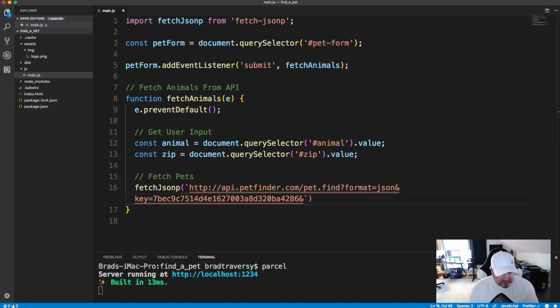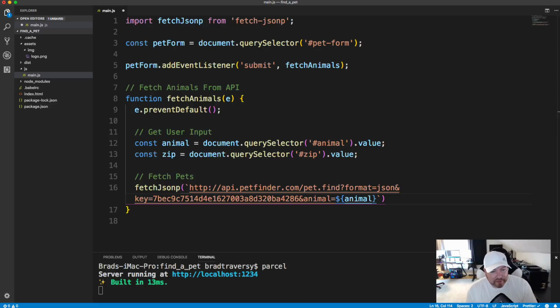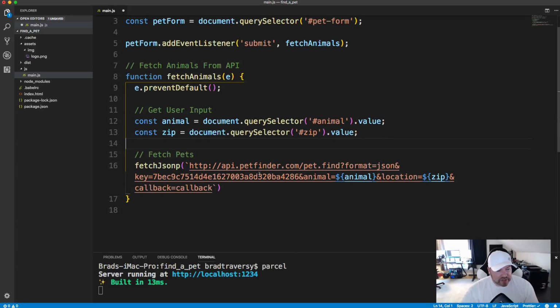So let's do ampersand animal equals, and then we're going to put in the variable of animal, which is whatever comes in from the form. And then we want the location, so ampersand location, and that's going to be the zip. Okay, so we have the zip, and then the last thing we want is the callback. So we'll say ampersand callback and set that equal to callback. All right, now with JSONP,